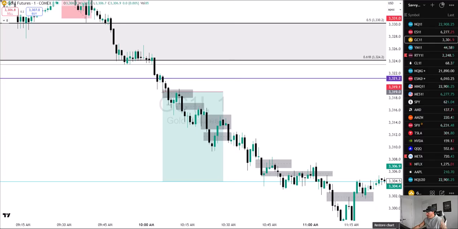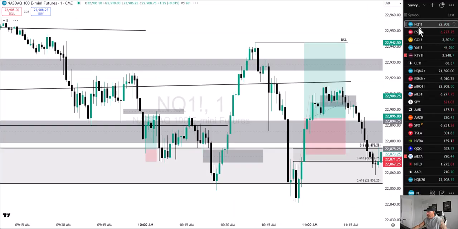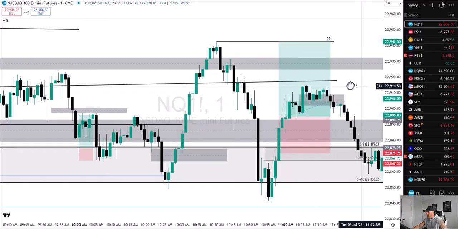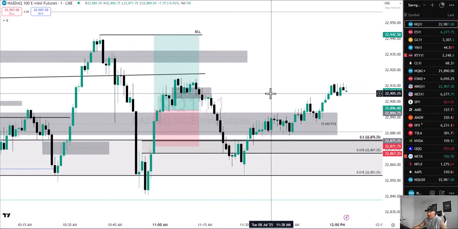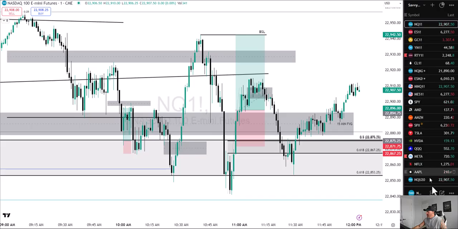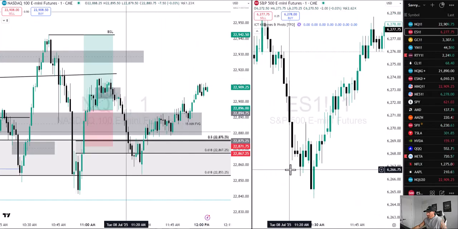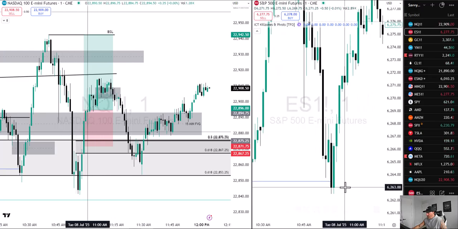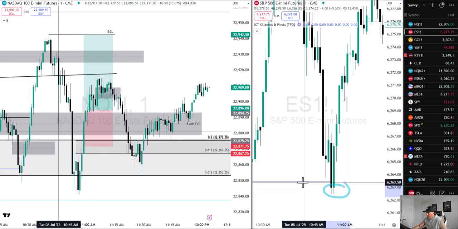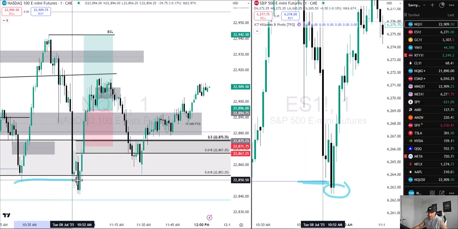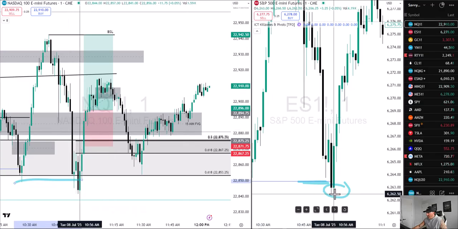And then let's go over to the Nasdaq again right here. And this was the last Nasdaq trade. I was really confident we were going to get this target. It looks like we're creeping up there. So what I'm looking at here is, if we go over to ES and look right here, look at this time. We actually swept this blue line. That's Asia low. We then have a little internal sweep right here. So we've taken Asia low.